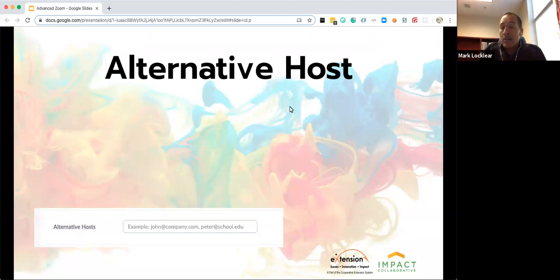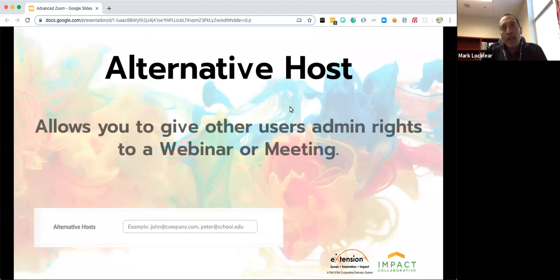So Zoom has this concept of alternative hosts. This applies to both webinars and meetings. Basically this allows you to give other users what I'm calling admin rights to a webinar or a meeting room. So I'll give you a scenario on one way it might be used. Let's say Aaron creates a meeting for a group meeting that we're having later in the week, and he does the invites. Everybody has the Zoom room and the time,